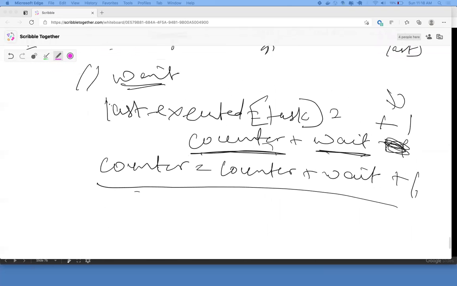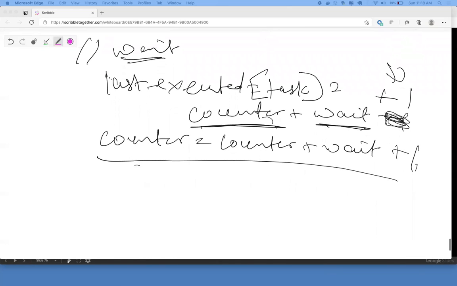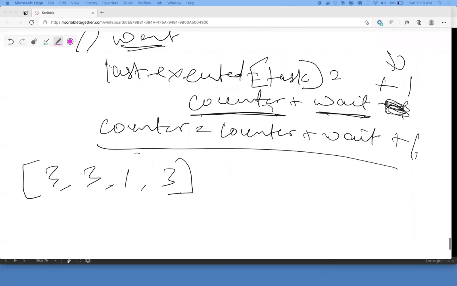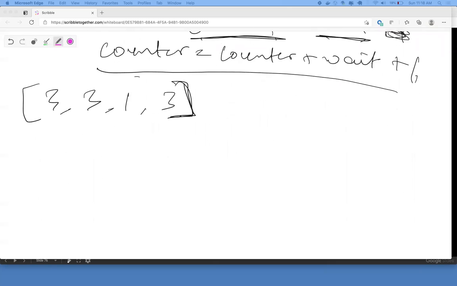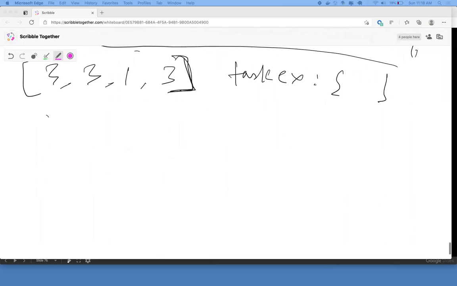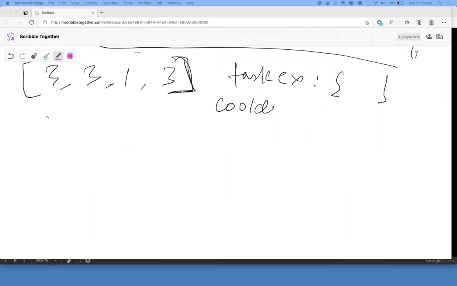So should I leave it at this, or should we go into exactly what the hash map is? Okay, let's do this. Let's take the first example. Let's say we had 3313. Let's go into the task executed. Let's say task executed is empty, cooldown is 2, and the current counter, or let's say timer, is 0.